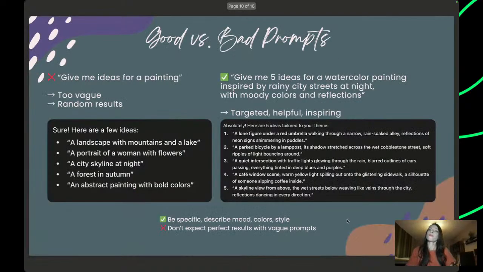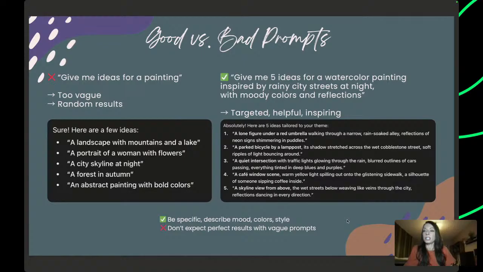So yes, there are good and bad prompts. So if I just go and type into it, give me ideas for a painting, this is a bit too vague and it will give me random results. So here I screenshotted the answers it gave me when I typed into it, give me ideas for a painting.